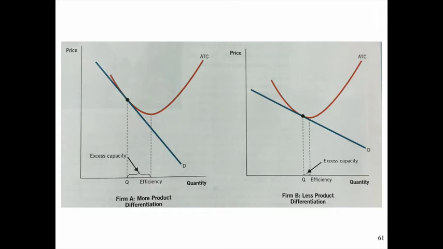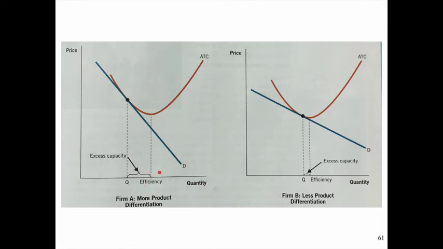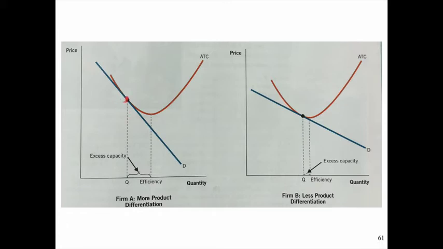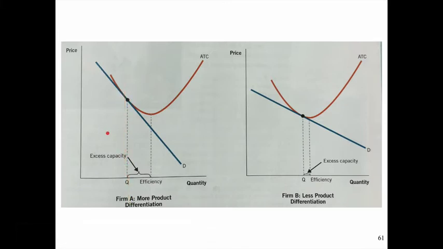So how does this look in a graphical format? We have firm A and firm B here. Firm A enjoys slightly more product differentiation, and as a result, it has more excess capacity, so it can charge a higher price, and is less efficient. So efficiency is here, where your average total costs are the lowest, but you are going to charge a higher price. You're going to have less of that supply, and so this is the quantity that you're supplying. Firm B sells a product that is only slightly different from its competitor, because here's where efficiency would be at ATC's lowest point.